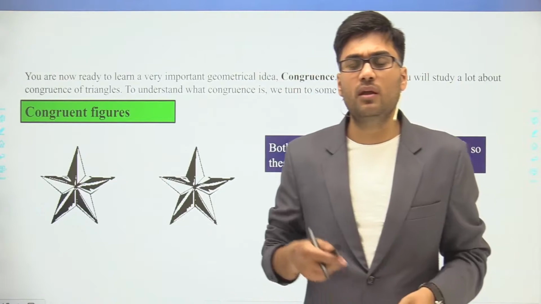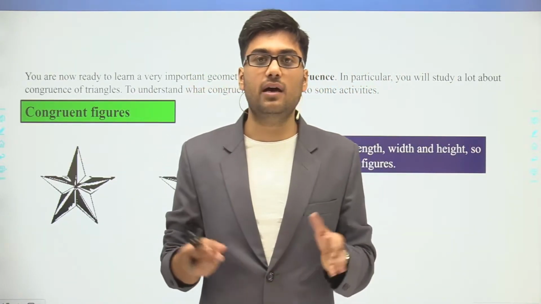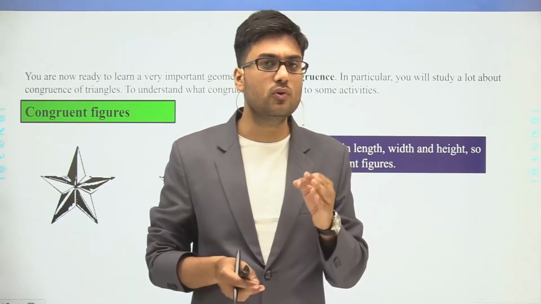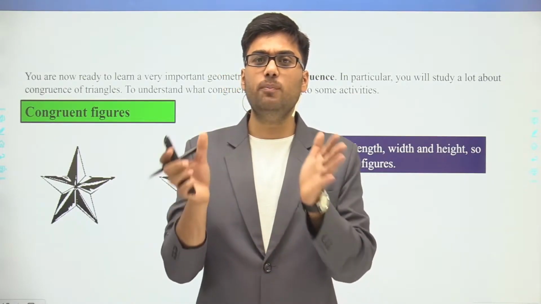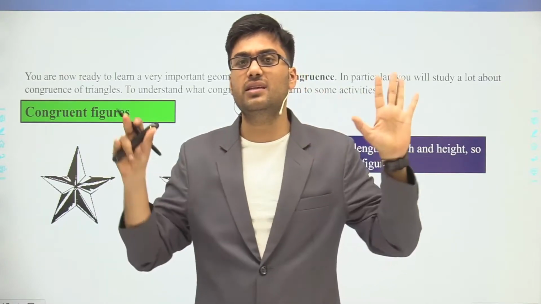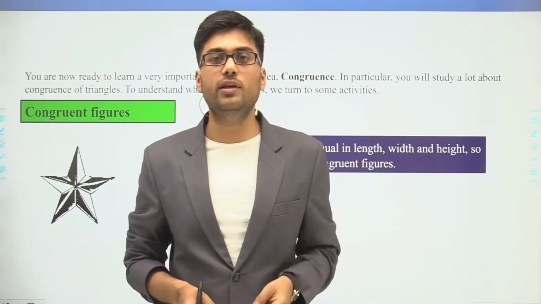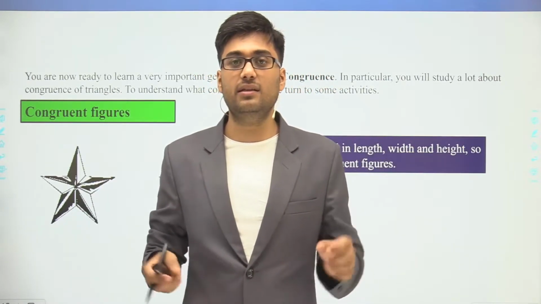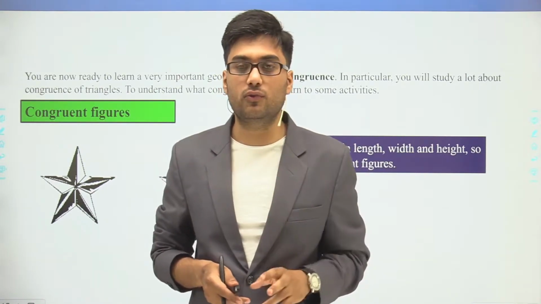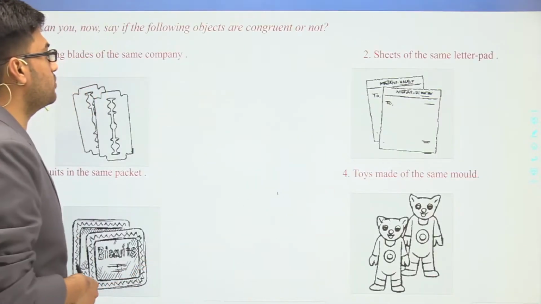For example, if you take ATM cards of the same bank, and put one on the other, they coincide with each other, so these are congruent figures. Similarly, if we put our hands together, then the palms overlap each other, so we can say these are congruent to each other. Similarly, if we put the same coins of 1, 2 rupees, etc., the coins overlap each other, so these are examples of congruent coins. Clear? So students, now let's discuss a few examples of congruency.